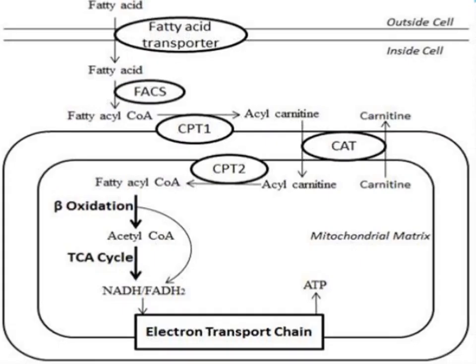This is another picture that shows the outside and inside boundaries of the cell. Fatty acid is first present outside, and with the help of transporters it gets transported inside the cell, and after getting in here it gets activated, and in the presence of acyl carnitine it enters the mitochondrial membrane